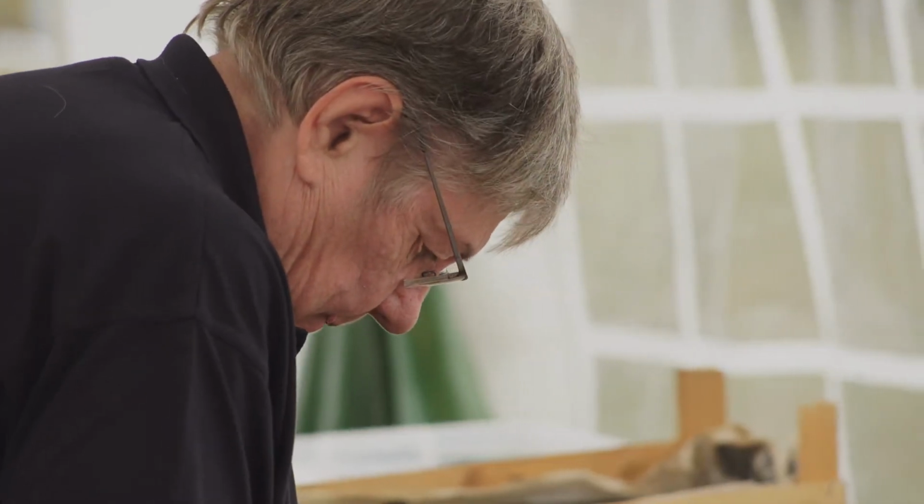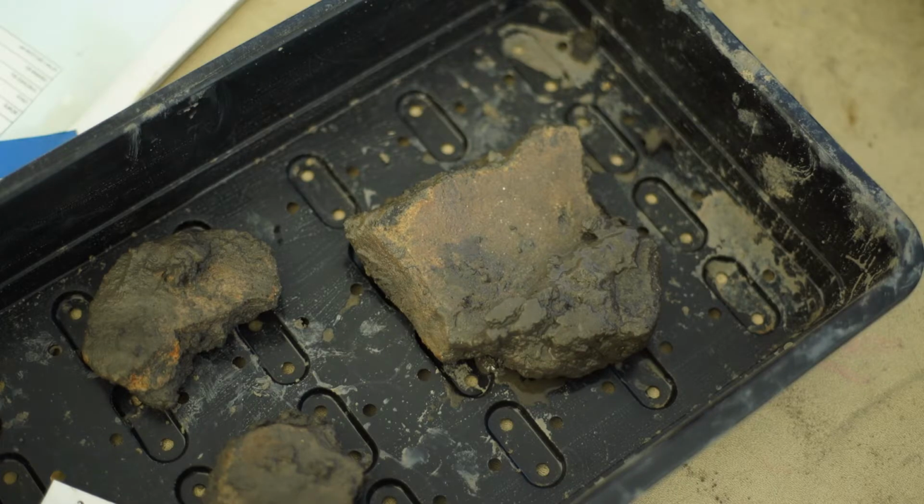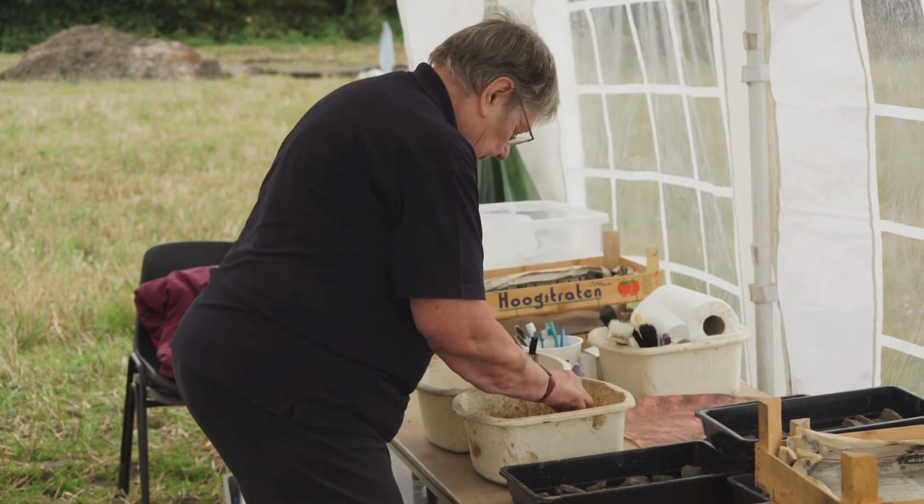It's true what the dentist tells you, if you go round and round motion it's better than a sideways motion. There you go. I've dry brushed these and